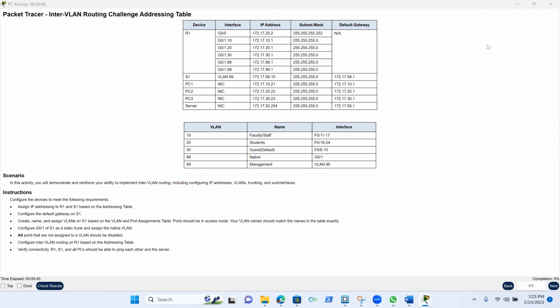So in this lab, we're gonna learn how to do the inter-VLAN routing challenge. So there goes the addressing table. This lab is strictly for a CCNP student. So if you're studying to take your CCNP ENCOR exam or anything that has to do with a level higher than CCNA. So you can see it says that in this scenario,